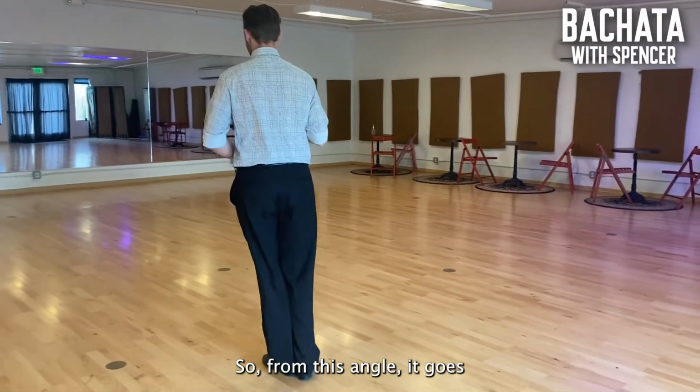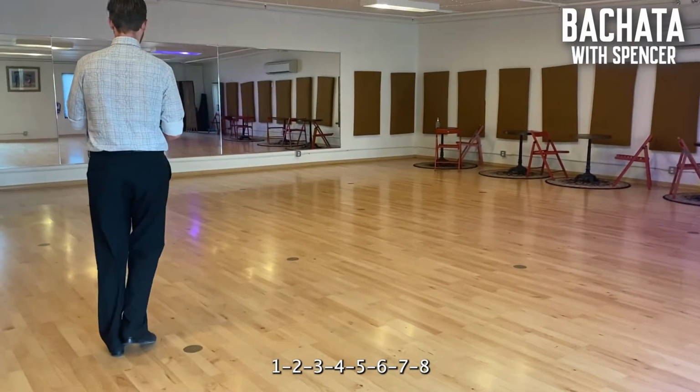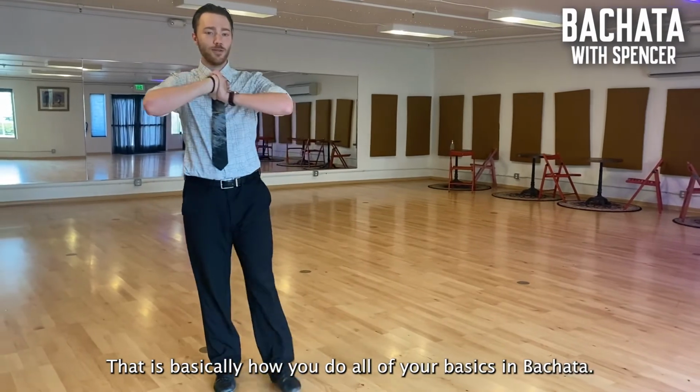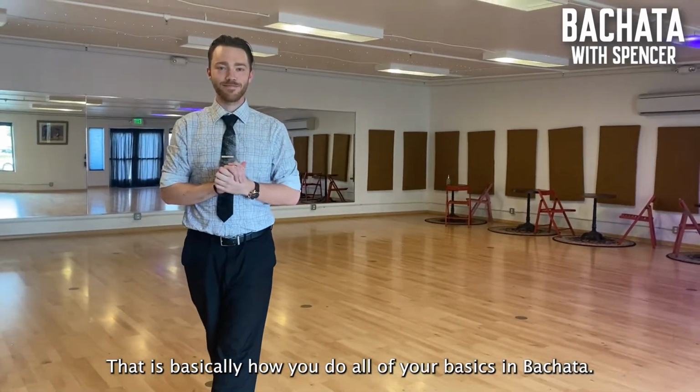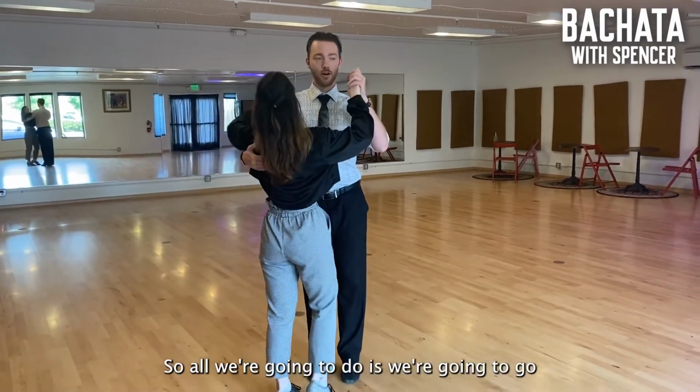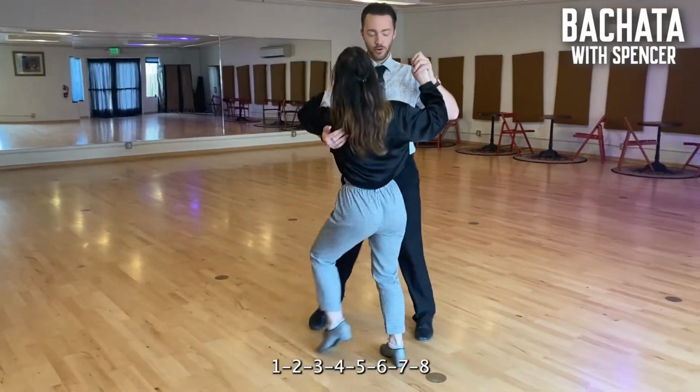So for this, it goes 1, 2, 3, 4, 5, 6, 7, 8. That is basically how you do all of your basics in bachata. So this is what it's going to look like in a partner. So all we're going to do is go 1, 2,